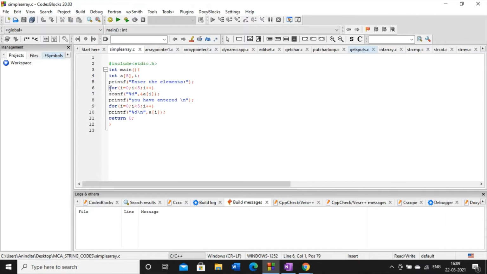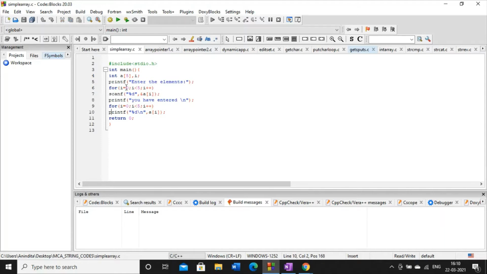So this is how we can take input. We need a loop, because the index value in this loop will start from 0 and iterate up to the maximum size of the array. The size of the array is 5, so it will continue up to 5, and each time the index value will be incremented by 1.